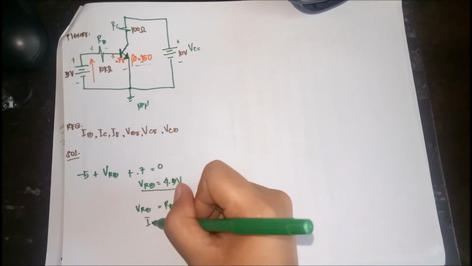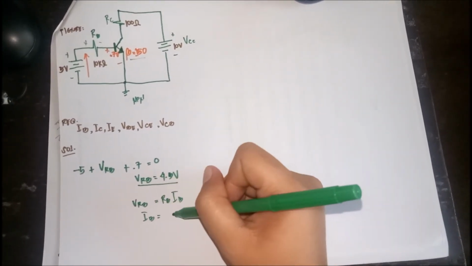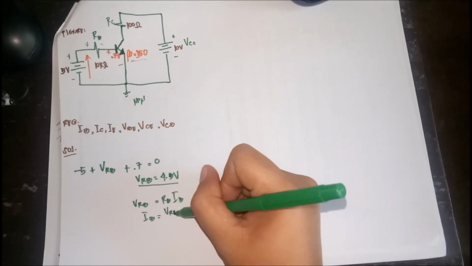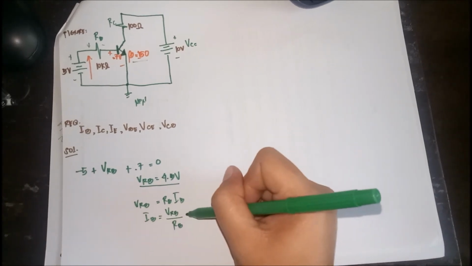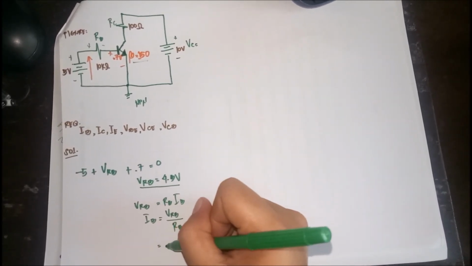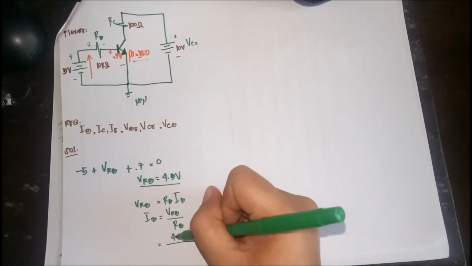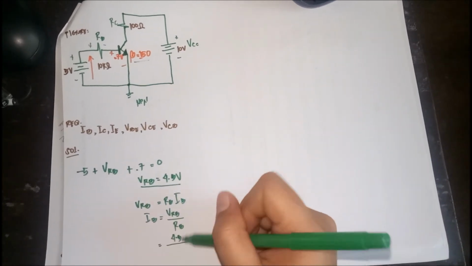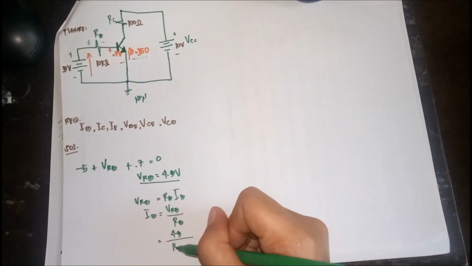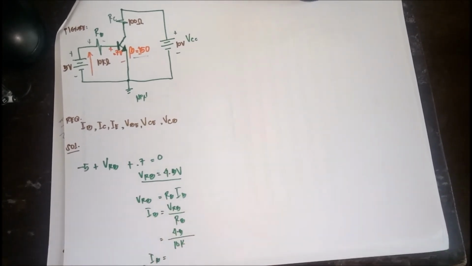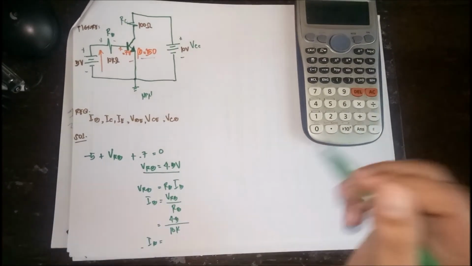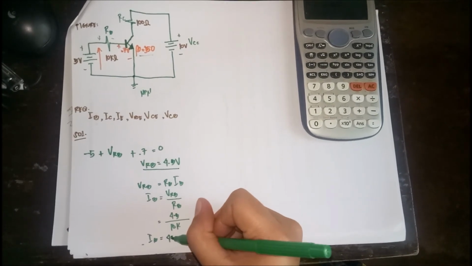So, therefore, our IB is equal to VRB all over RB, which is equal to 4.3 divided by, given ng RB na 10K, so this is 10K. That gives us an IB, which is equal to 430